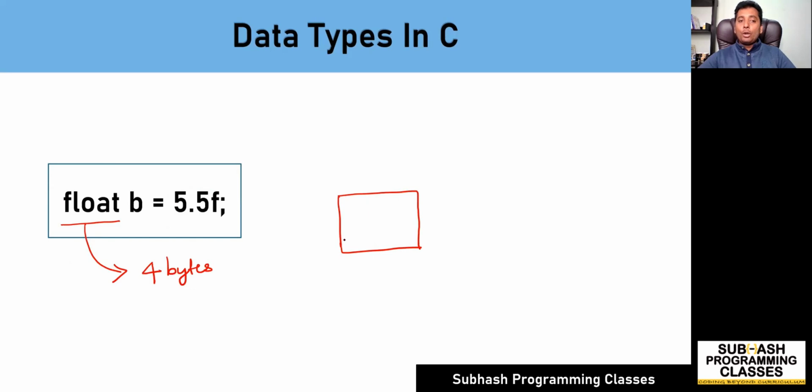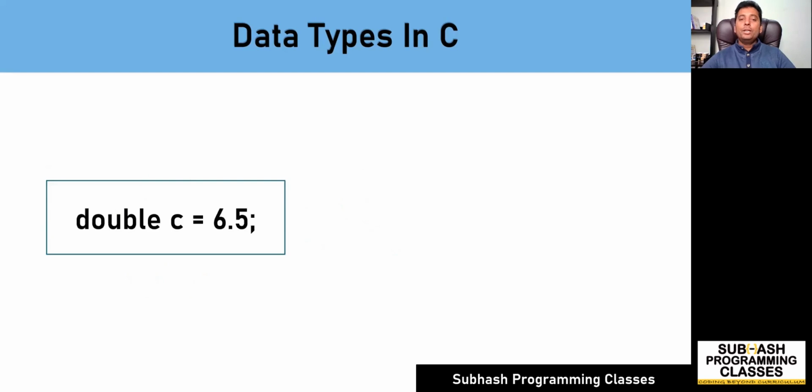Therefore, the amount of memory allocated for a variable b associated with float data type is 4 bytes of memory location. And it also says to associate that allocated memory location with the name b. Therefore, b becomes your variable. After allocating the memory, it says to store the value of 5.5 into b. Therefore, what gets stored in b is 5.5. So the amount of memory allocated for a variable associated with float data type is 4 bytes, right? So this is all about the float data type.